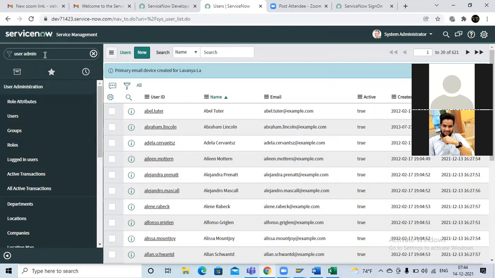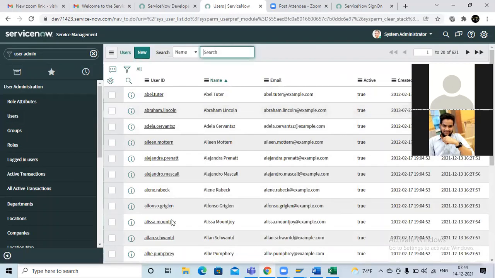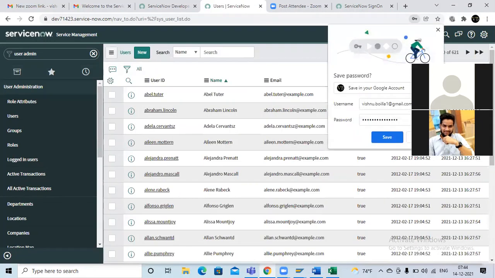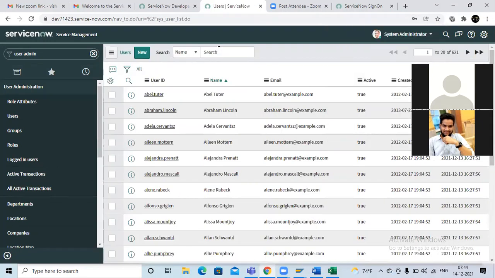Okay, so now again, in user admin, just click on users. Automatically the system will display all your users here. Now I think everyone knows this is a common process. If you want to create a new one, we click on the new option, and the system will show you different details for the new process. Okay, let me come back. Now, if I want to search any employee details, there is a search option, with normal name, email, active. This shows how many items are displaying here. If you want to search your person, just type